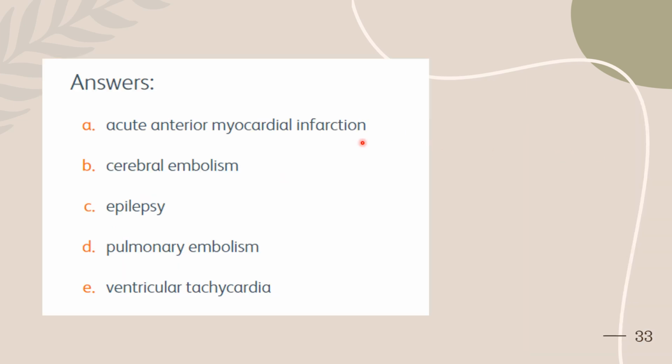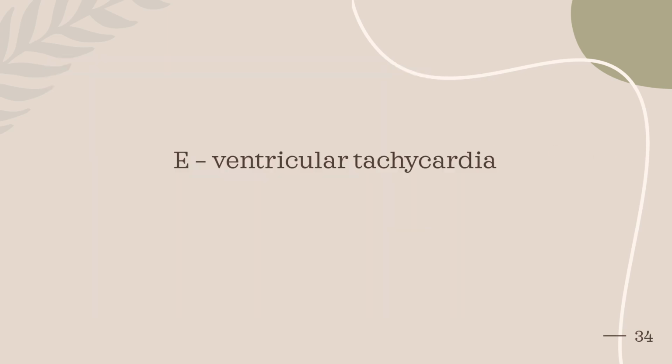So what could be the possibility? Acute anterior MI is not having ST elevation with reciprocal depression, so it's not MI. Cerebral embolism, epilepsy, pulmonary embolism, ventricular tachycardia. So in this case, the answer is ventricular tachycardia because that can result in a picture like this where there